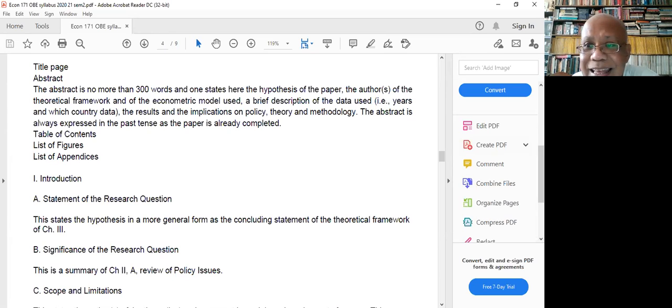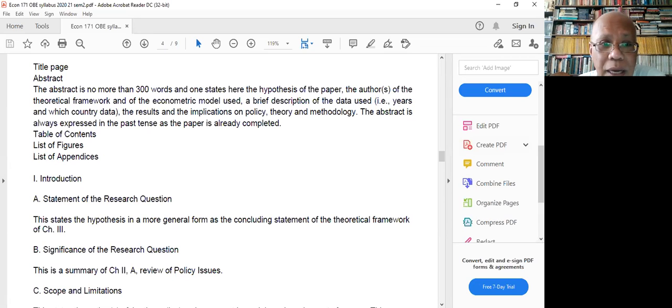And then, the next part, ito is required. Necessary ito. The abstract. Abstract is no more than 300 words. Here, this is a short summary of the paper. Dito sa abstract, you state there first, okay, the hypothesis of the paper is this, and this is based upon the theory of so and so. It used the econometric model by these authors, and 3-stage least squares was employed using data for the Philippines from 1960 to